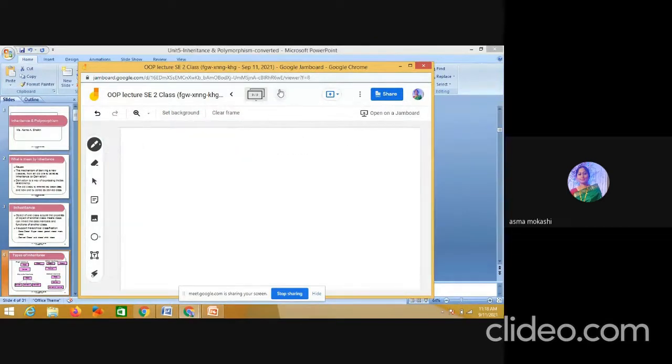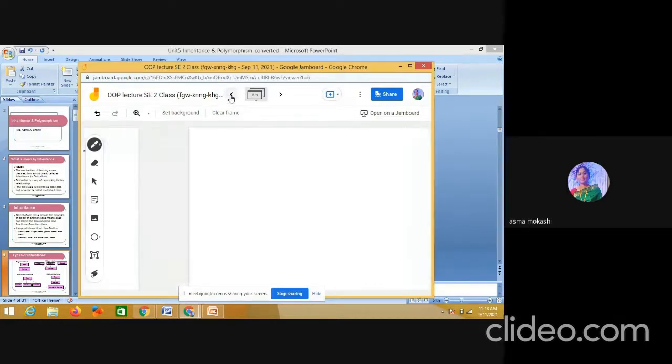Okay. Now hierarchical. Here it's like a hierarchy. Hierarchy means a tree-like structure. So if it is a tree-like structure, you remember its name is hierarchical inheritance. Like this: one base class from which we derive multiple derived classes. Like if my parent class is A and I have three derived classes, I can say one parent has three children. So this kind of relationship we can identify as hierarchical inheritance.